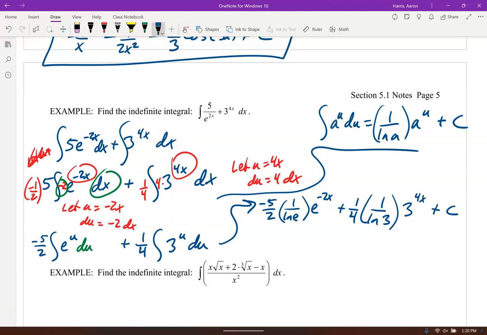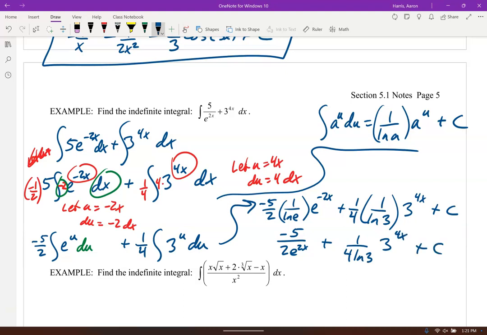Remember, ln of e is 1, so I got negative 5 halves e to the negative 2x. Let me just take that down to the bottom. So I get negative 5 over 2 e to the negative 2x plus 1 over 4 ln of 3 times 3 to the 4x